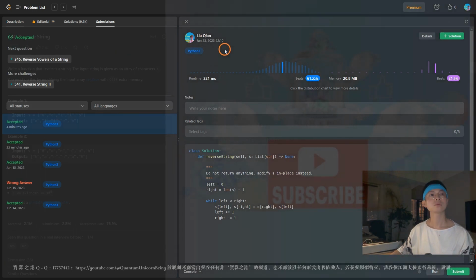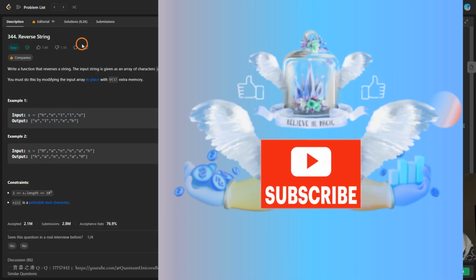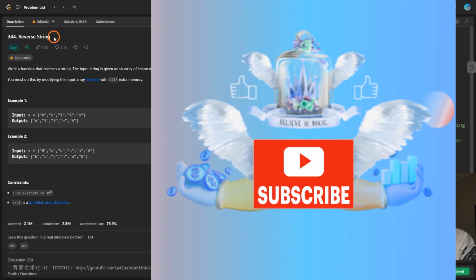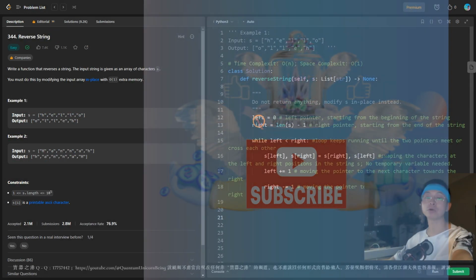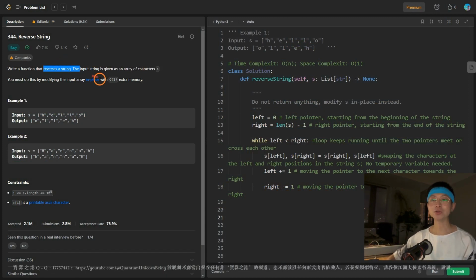In this video, we will be tackling an interesting coding problem from LeetCode called reverse string. This problem focuses on reversing a string in place using a two-pointer approach while maintaining O(1) extra memory. Reversing a string may seem like a straightforward task, but it provides an excellent opportunity to explore fundamental concepts in programming, such as array manipulation, pointers, and efficient algorithms. By understanding this problem and its solution, you will not only strengthen your Python programming skills, but also gain insights